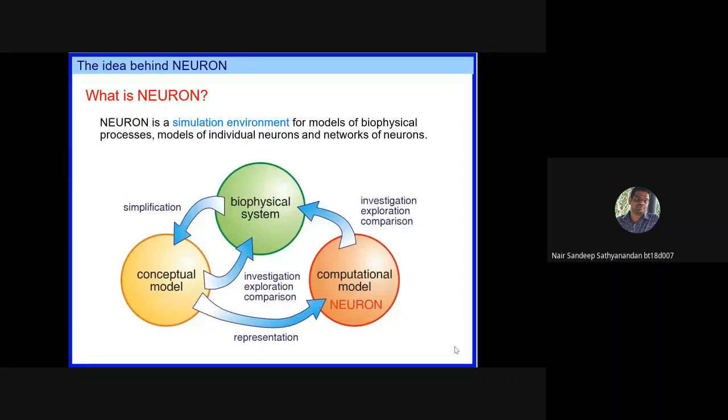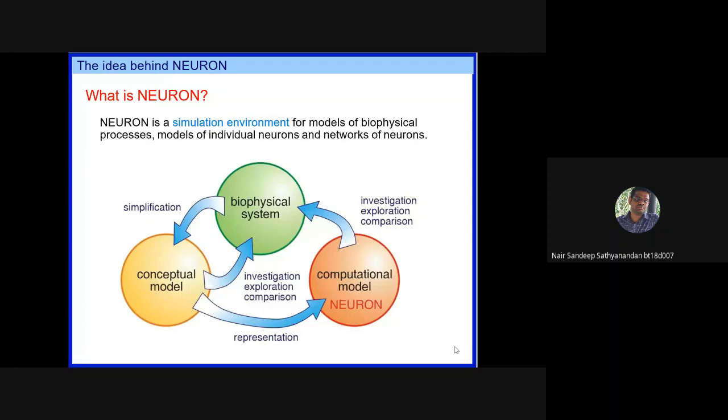We have a biophysical system, a conceptual model, and a computational model. The biophysical model consists of all the ionic exchanges, synaptic transmissions, whatever from a molecular point of view is present inside the brain. The conceptual model is a simplification of those processes in the brain to an understandable phenomenon.